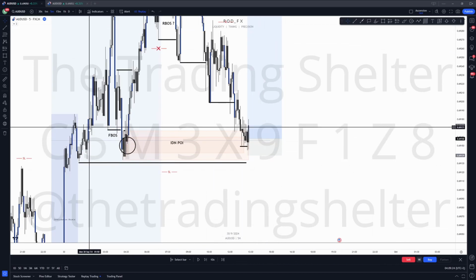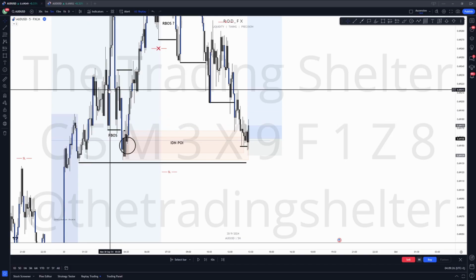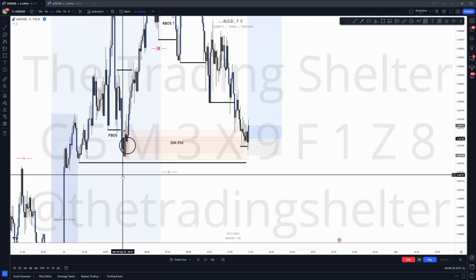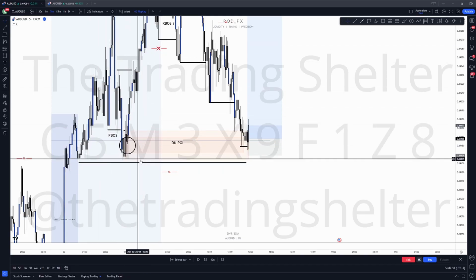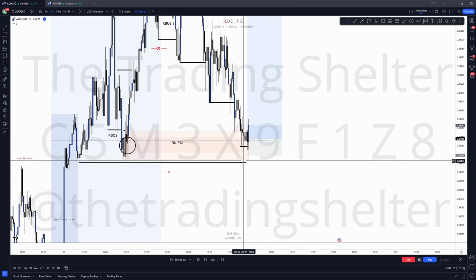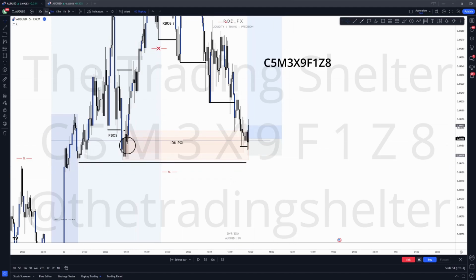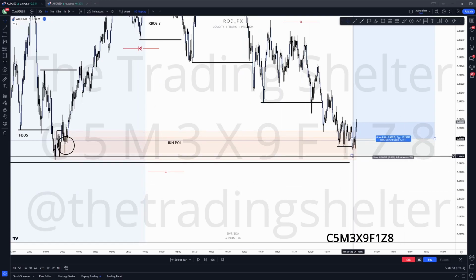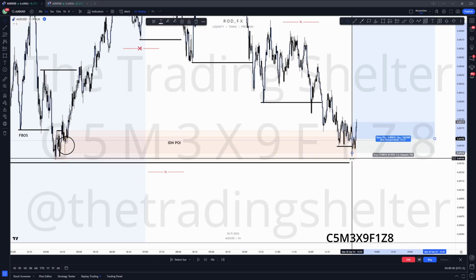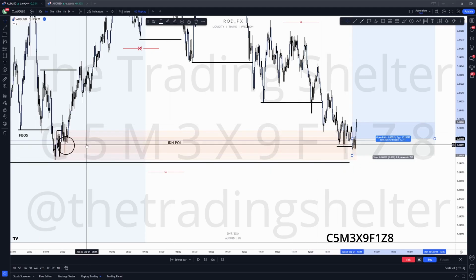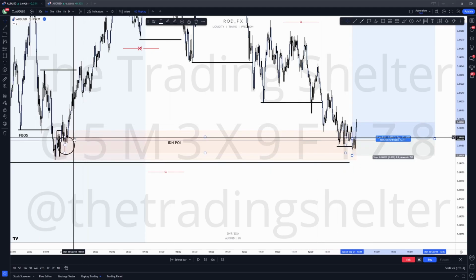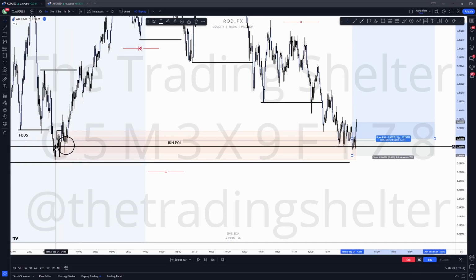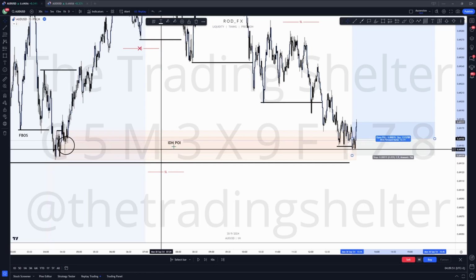Okay. I'm just making you realize that if you don't understand, this is where people get it wrong. Oh, we have Asia midline. There's a reaction. There's a PA. There's no imbalance. But I mean, this is a structural zone, and you could buy. This is oversimplifying what it is. Every single candle gives a story. Do you really think that I would perfectly cover the low of this candle without knowing exactly which POI to take? Let's be serious. It's not my first barbecue. I have been to the party before. I know what I'm doing.